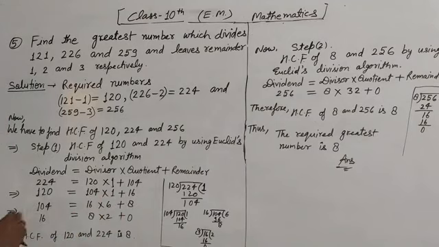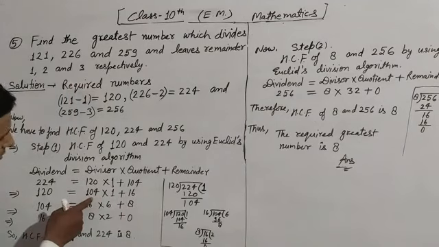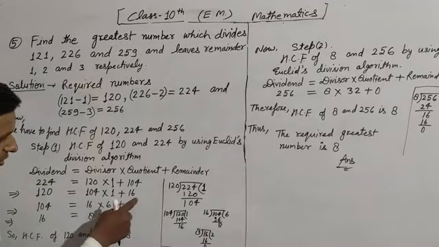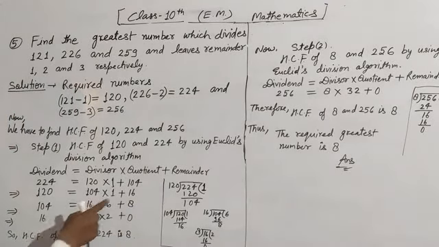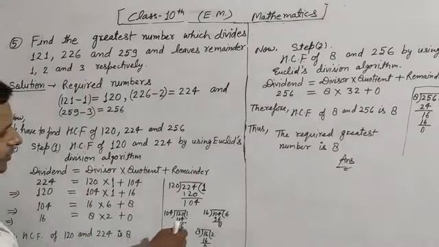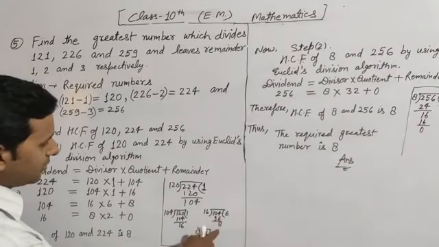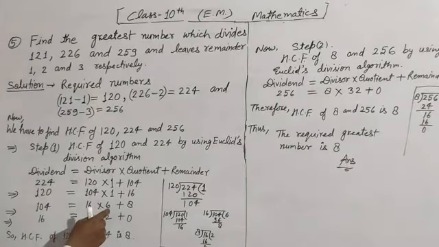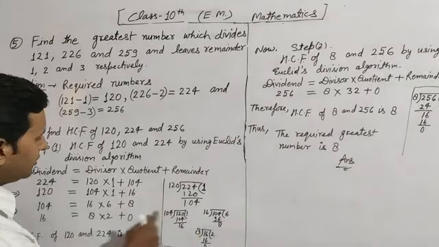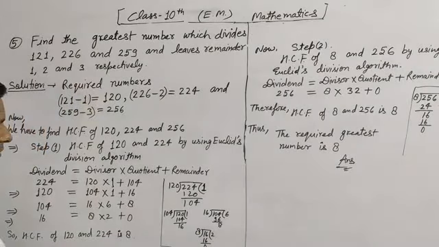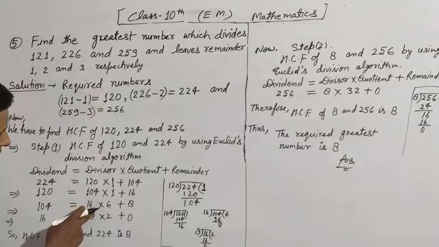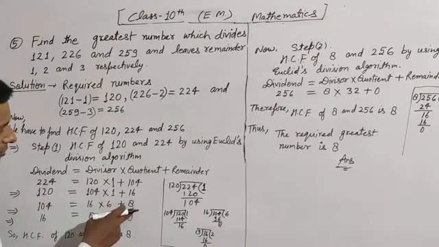Okay. Now in third step, what is the divisor in second step? 104. It will be dividend again in third step. So here dividend is 104 and the remainder 16 will be divisor, as we discussed. Now we divide it. 16 times 6 is 96 and remainder is 8. Now we write here 104 equals 16 as divisor into quotient 6 plus remainder 8. Now again, 104 is dividend, 16 is divisor, 6 is quotient and remainder is 8.